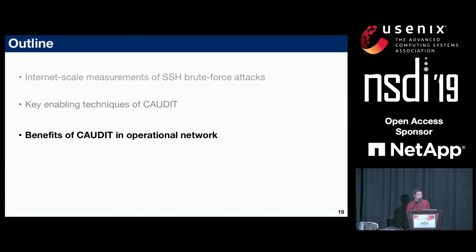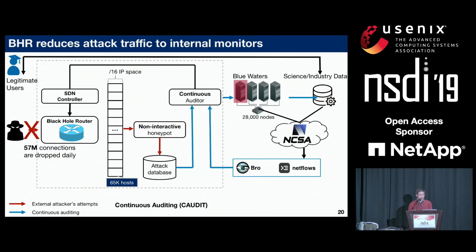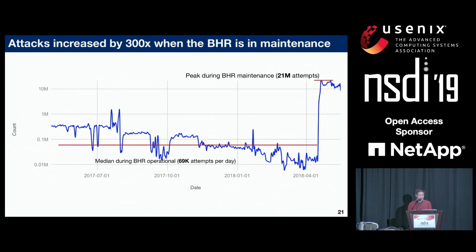Finally, let me tell you a little bit about the experience, the benefits of CAUDIT in the operational network at NCSA. Now, the deployment of the black hole router at the border has blocked more than 57 million connection attempts on a daily basis. And to further show the